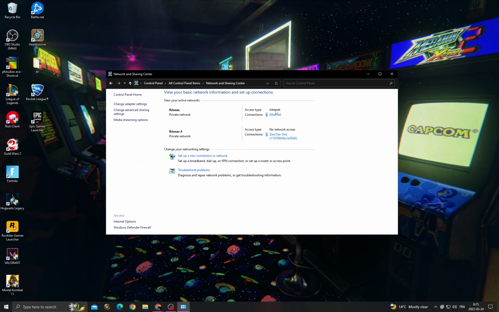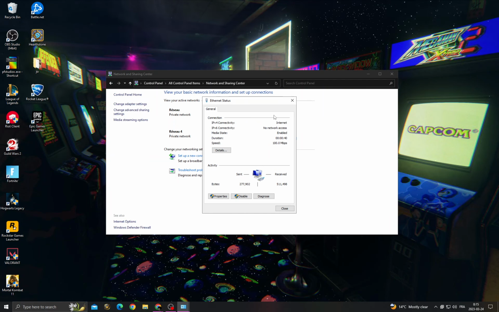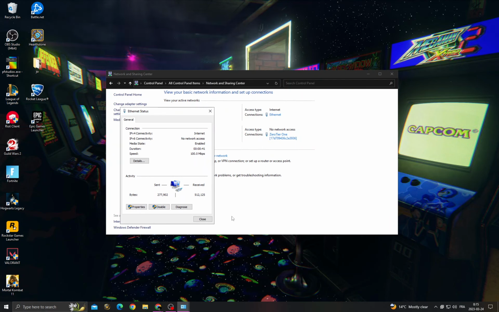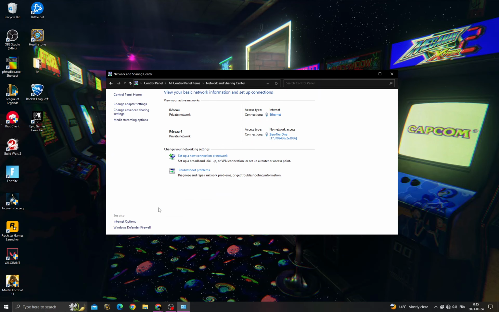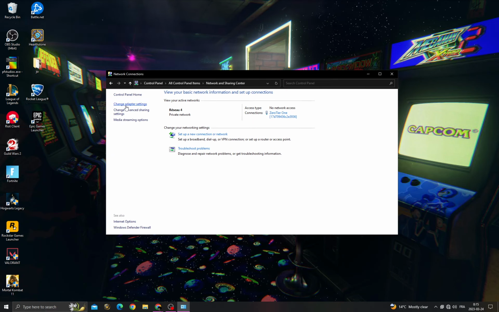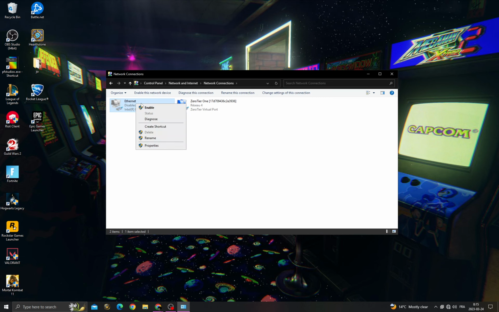And once you're here, you need to go to this one, connections, and access type, it must be internet, and here internet or Wi-Fi, doesn't matter, just click on it and then click disable. After that, go to change adapter settings, right click on it and click enable,